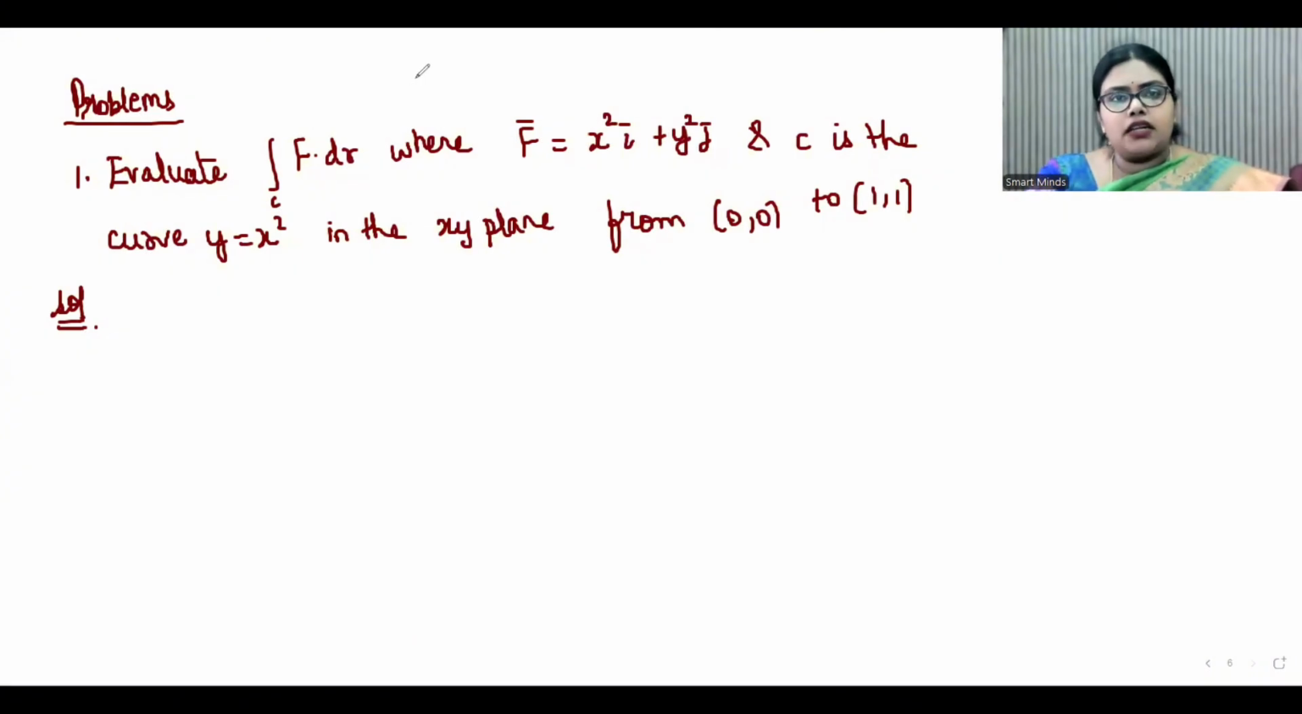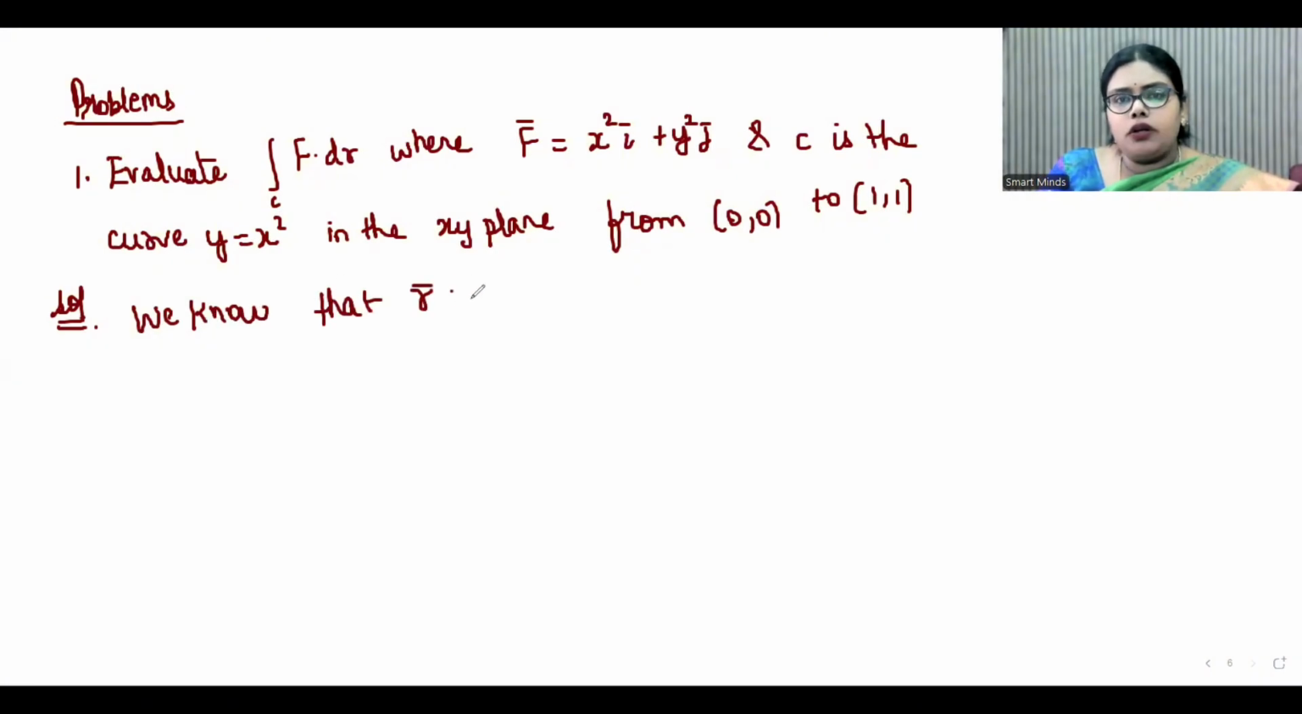Now let us get started with problems. Take the first one. Evaluate curve integral f dot dr where f bar is equal to x square i bar plus y square j bar and c is the curve y equals x square in the xy plane from 0,0 to 1,1. Now we know that